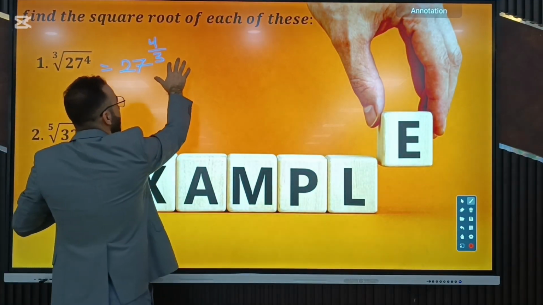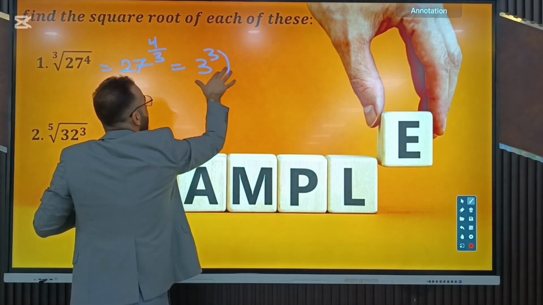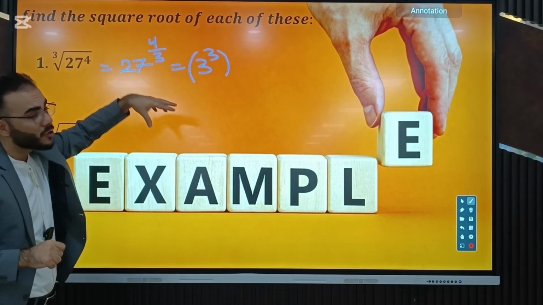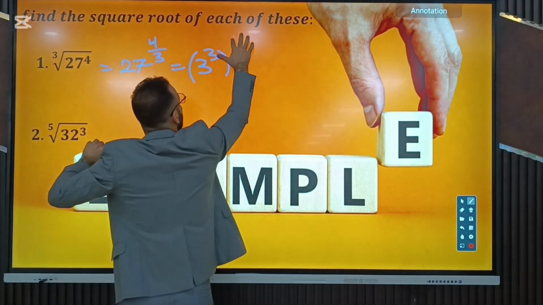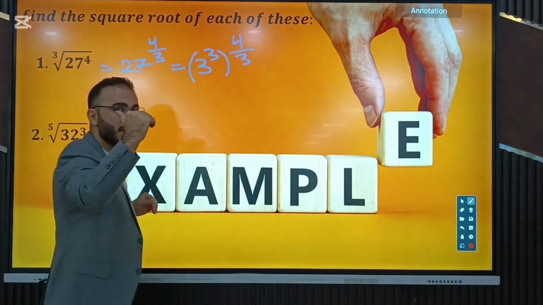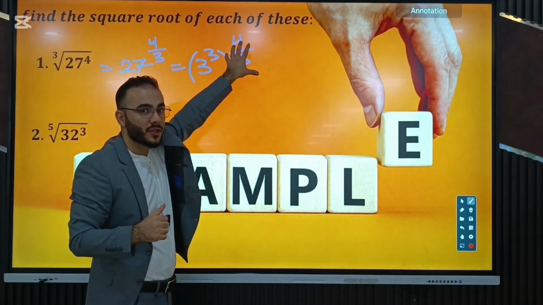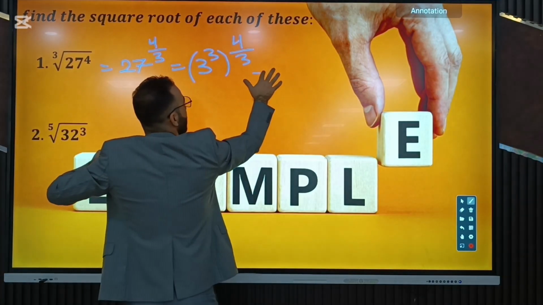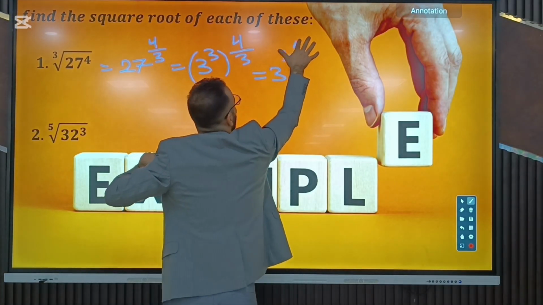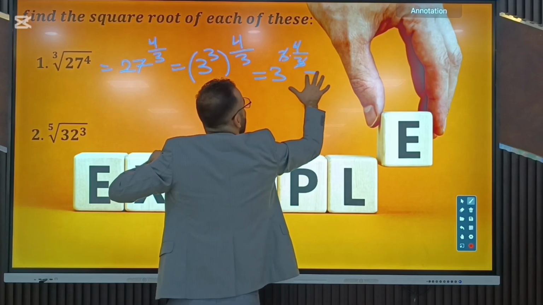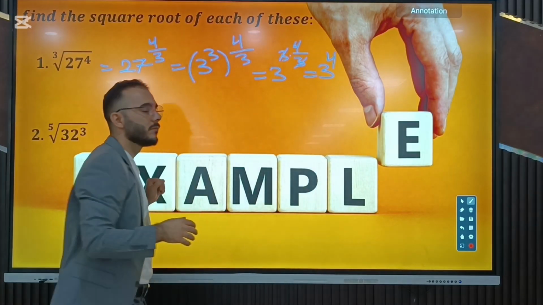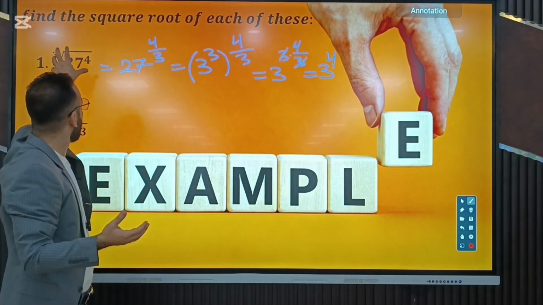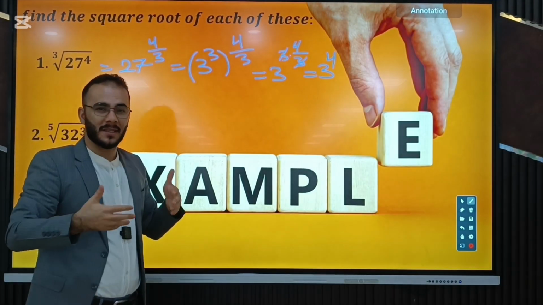27 itself can be written as 3 to the power of 3. Okay? 3 to the power of 3. Then out of this, our rational exponent is 4 over 3. We already studied that power of powers case. So we are going to multiply these two exponents. Okay? So it's going to be 3 to the power of 3 times 4 over 3. These two 3 will cancel each other, and only 3 to the power of 4 will remain. That's it. So you have to understand, realize whether this number in the base can be written as a power